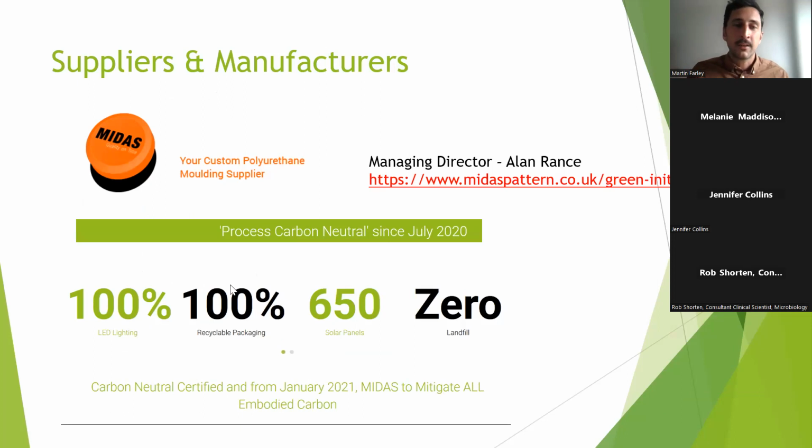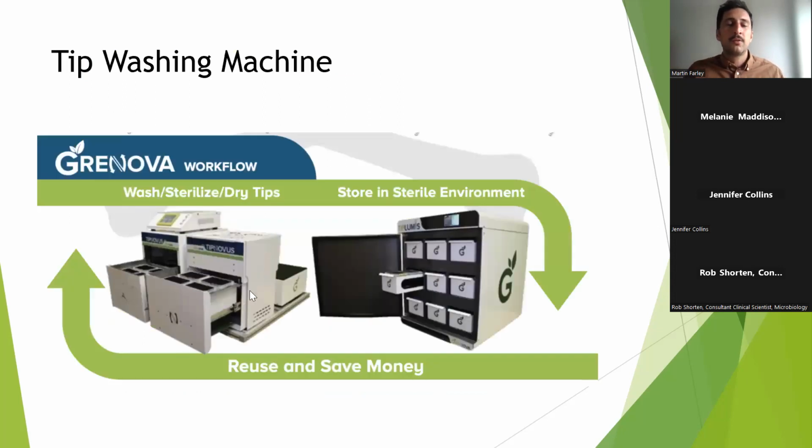Now, this is a company that's doing good, and I wanted to give an example of some good because they're a polyurethane molding supplier for lab supplies, and they've managed to get to net zero for scopes 1 and 2, which is great. And they're going for net scope 3 as well. That's going to be a really tough one, but it's an example of a supplier that's producing materials that's really focused on their sustainability, so that, you know, if they do that, we have to worry less about our consumption of things. They can produce things in more sustainable manners, but they are not unique, but they're a rarity in this world. There's companies like this, and I know you won't use this for your setting.